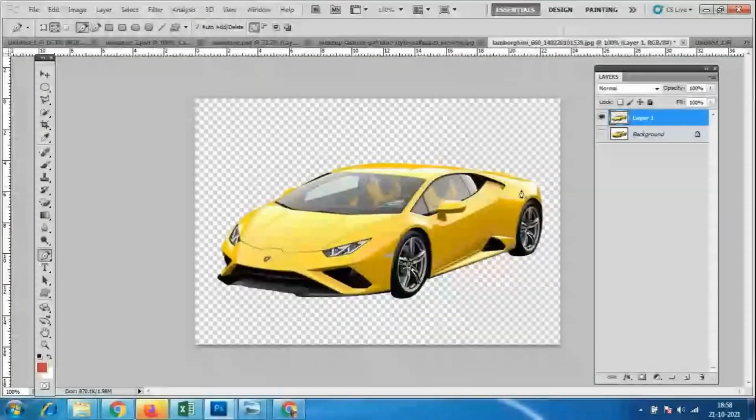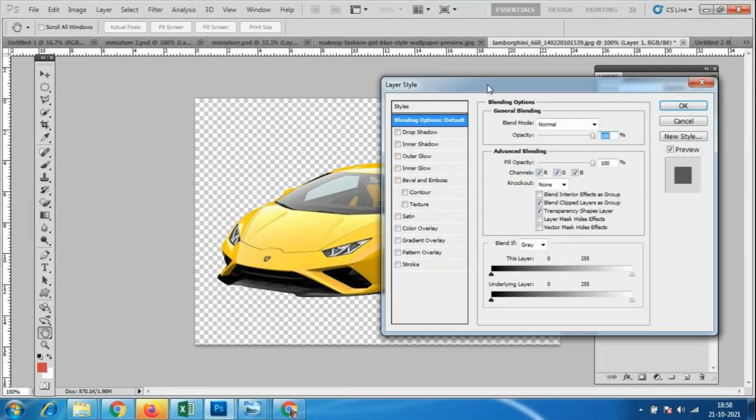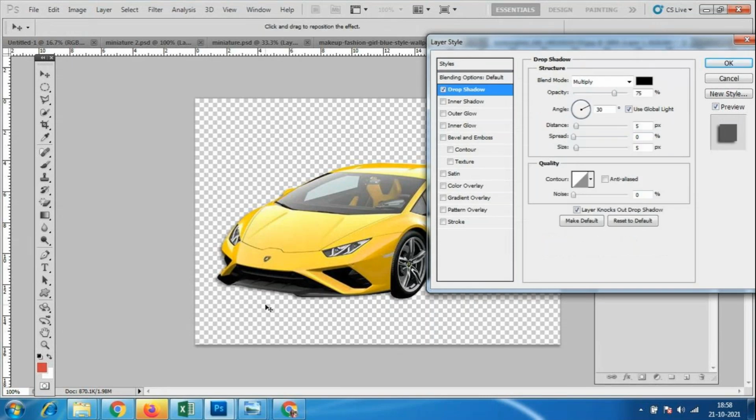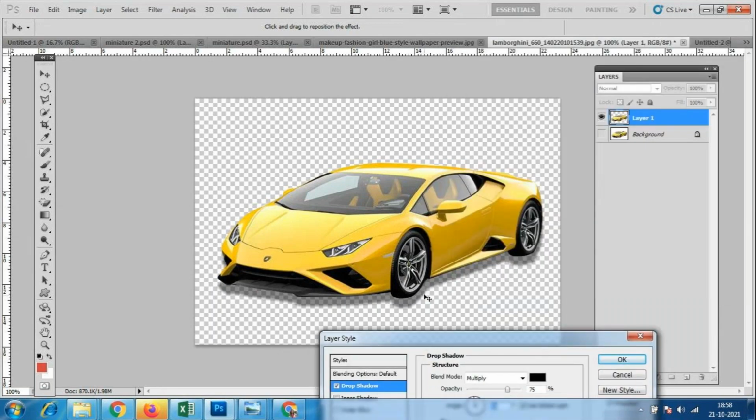Let us see if you use the drop shadow from the blending options. I'll go to drop shadow, and I have this shadow over here. Let me do it with the downward direction, because I need the shadow only on the downside.